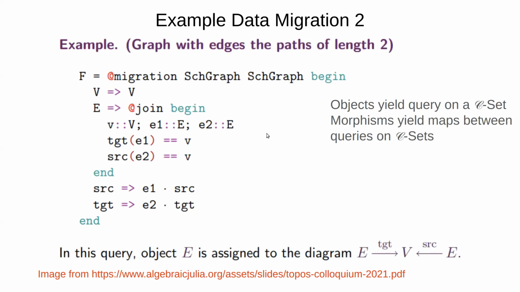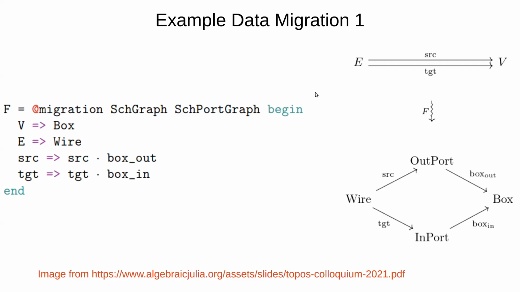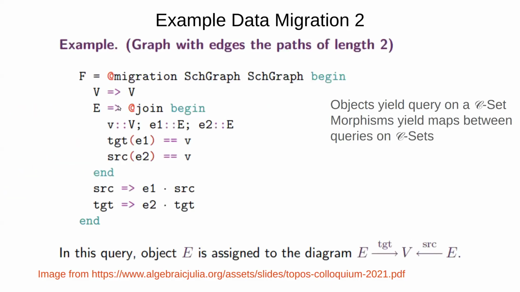I mean, consider this. Okay, we have a schema graph. So these run on any C set. We have a schema graph, and we want to find, so we have something encoded with this. We want to find all pairs of edges, end to end, all paths of length two. So we want to map V to V, the same set of vertices. We want to map E to two edges where the source